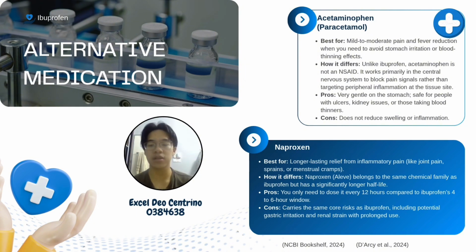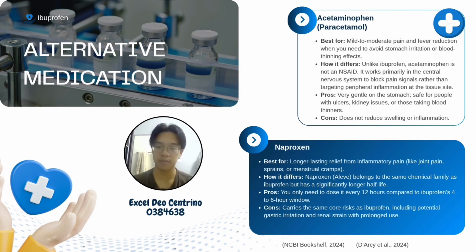This makes it incredibly safe for patients with gastric ulcers or kidney disease, provided we strictly respect the daily limits to protect the liver. Conversely, if you do require a traditional systemic anti-inflammatory but suffer from dosing fatigue, naproxen is an excellent alternative. It belongs to the same NSAID class as ibuprofen, but it features a significantly longer half-life. This extends its therapeutic window to a convenient 12 hours, making it highly effective for sustained relief from chronic joint pains